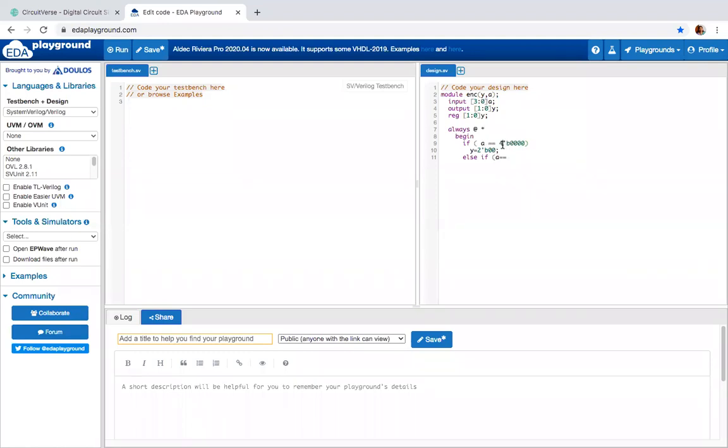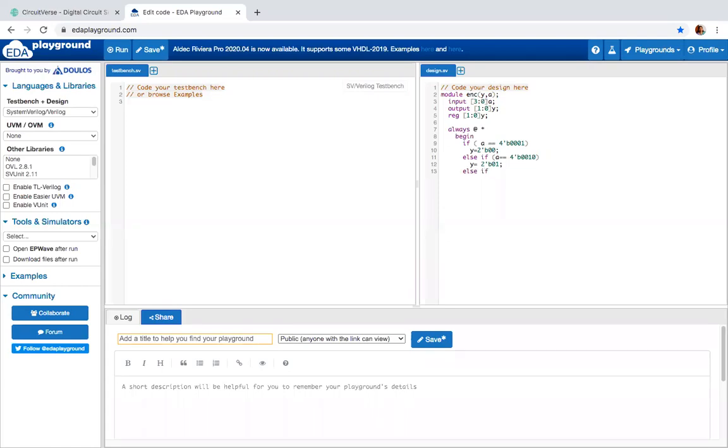If the condition is true, then the output will be Y is equal to 2'b00. So the next one will be 4'b0010. If A is equal to 4'b0010, Y is equal to 2'b01.